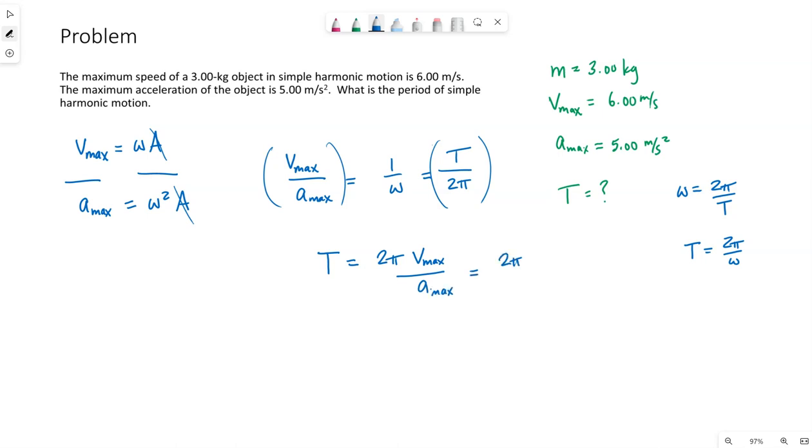So 2 pi, Vmax is 6 meters per second. Amax is 5 meters per second squared. And the meters will cancel, one of the seconds will cancel. So our answer will be in seconds, which is great because that's what we need. So 2 pi times 6 over 5. I have 3 sig figs, so 7.54 seconds